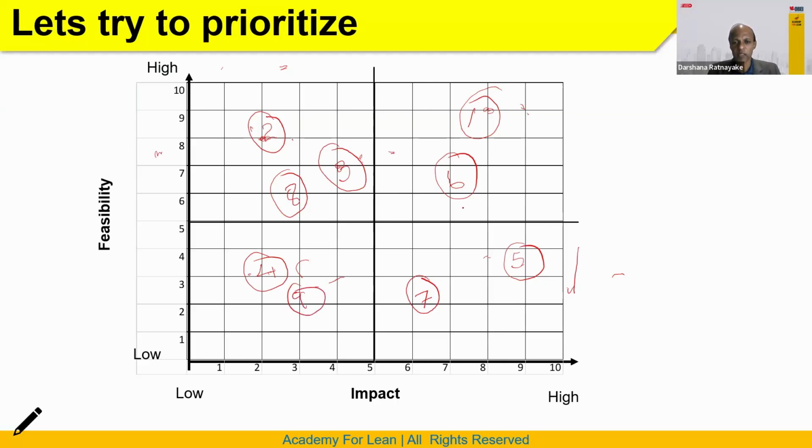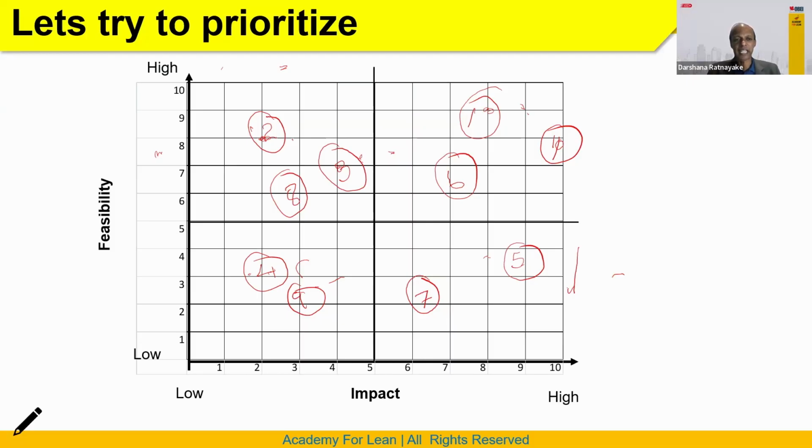Here, 9. Then we say we have another one, project number 10. Right, so we use the Pareto matrix and we position this project according to feasibility and impact. We call this positioning. Now when we observe this one, we know